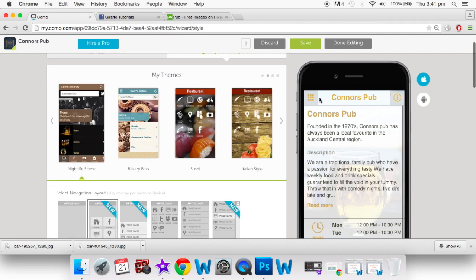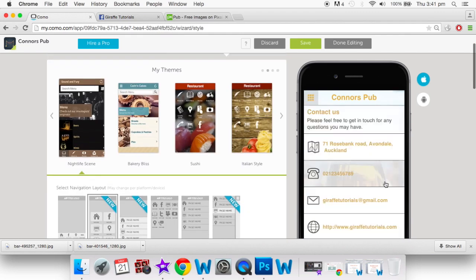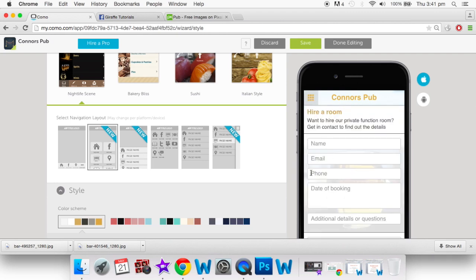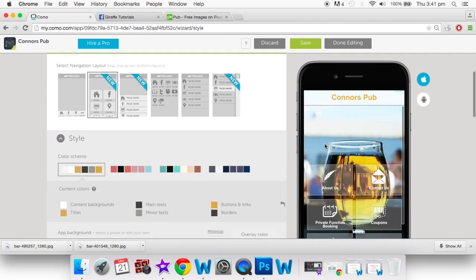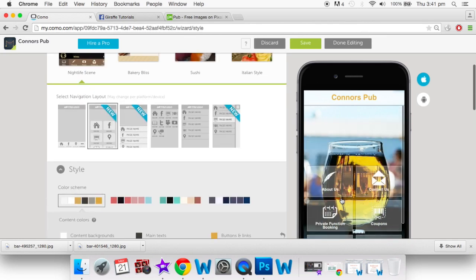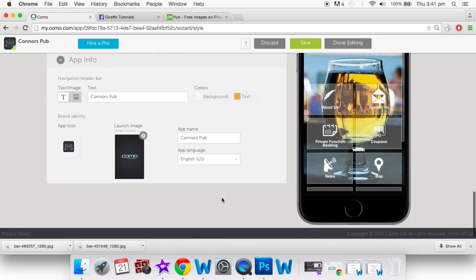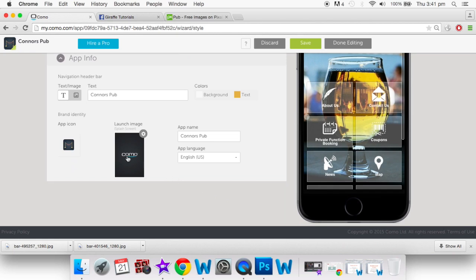So you can go through and make sure that all of your pages look nice. So just quickly go through, have a look at it. Okay, now that looks a lot nicer to me. So of course you can go through and style it any way you want. Now once you're happy with all your pages and everything in the way that it's looking, come down here,